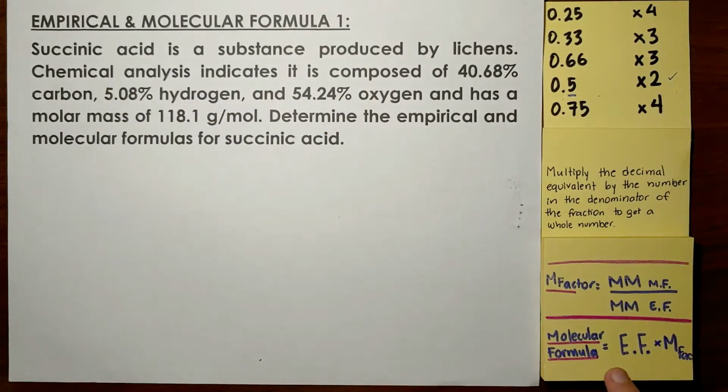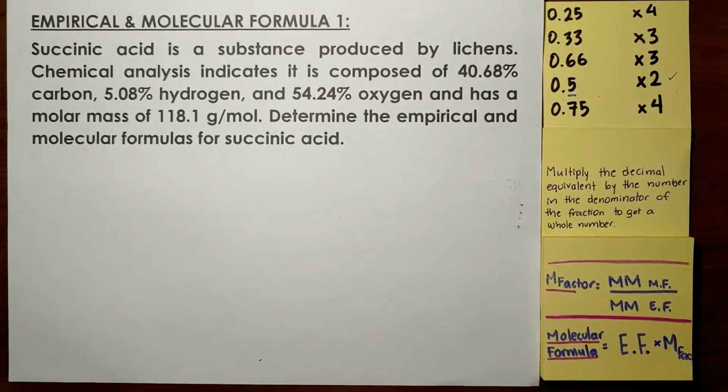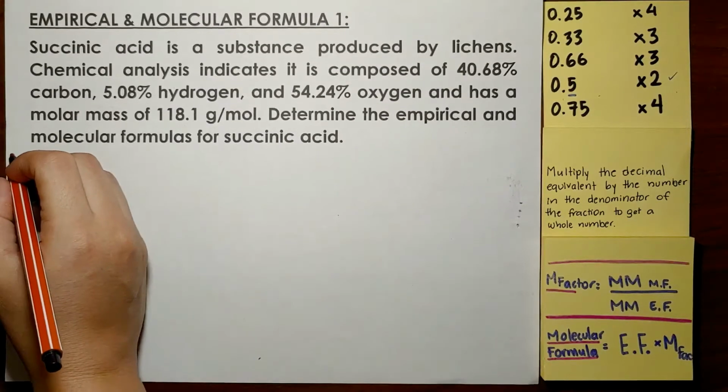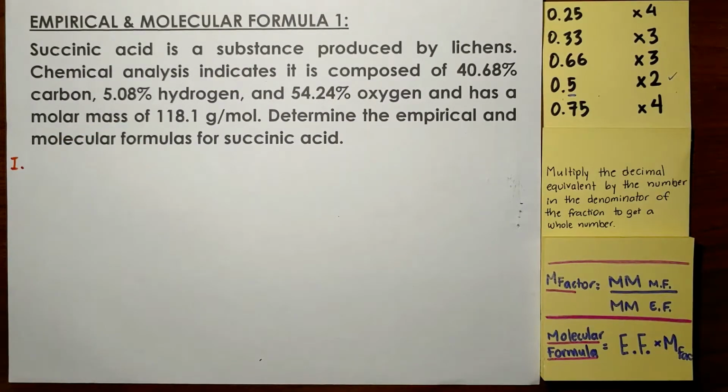Now, how can we get the molecular formula? Multiplying the empirical formula that we got, the procedure that we already know, times the factor that we're going to get from here. So, this exercise involves two calculations, empirical formula and molecular formula. So we're going to begin with this exercise like we used to do it before. So what do we have in the first step? In the first step for the empirical formula, we have the